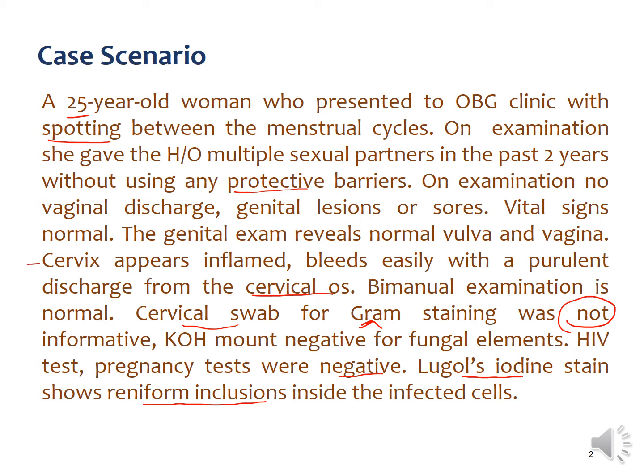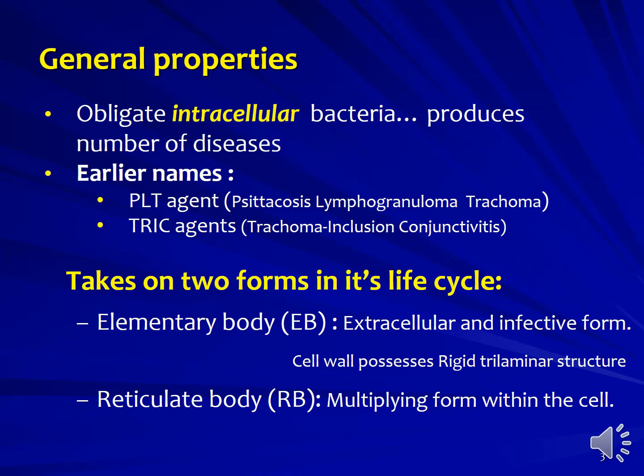This is the type of presentation by chlamydial infections among females, which involves the genital tract. So with this, we will move on to learn about these chlamydial infections in detail. The general properties of chlamydia: they are obligate intracellular bacteria which produce a number of diseases. The earlier names for chlamydia were the PLT agent, psittacosis, lymphogranuloma, trachoma producing agents, and TRIC agents,